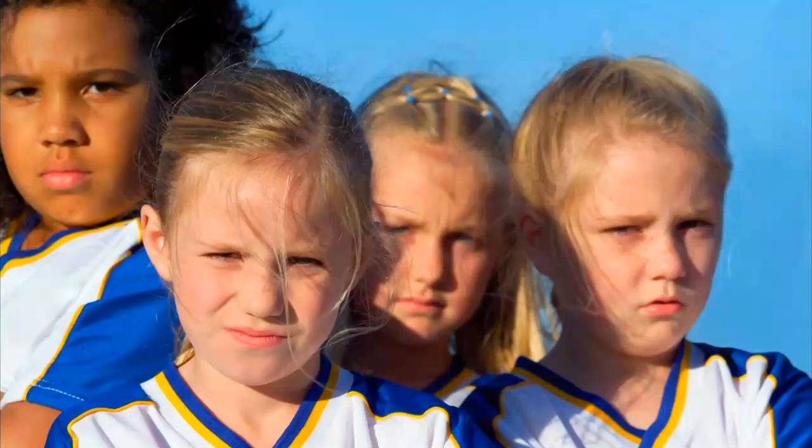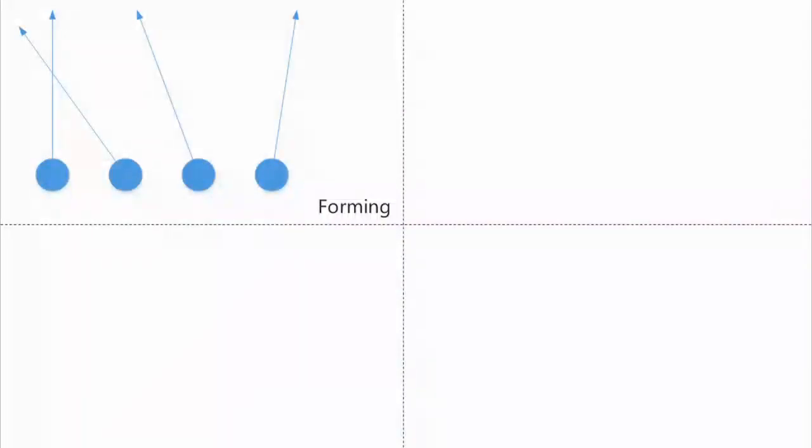Now, typically when you talk about the phases of team development, what does that mean, forming, storming, norming, and performing? The way I like to see it, it's all about developing a common culture and a common sense of shared purpose. Let's talk about that term. Let's talk about culture for a second. What is culture? Culture is a set of rules that govern how I interact with the world.